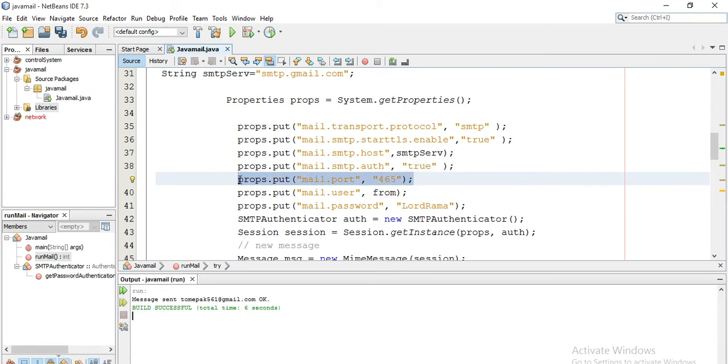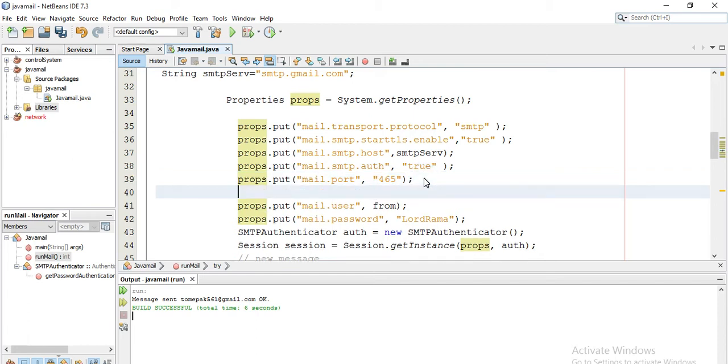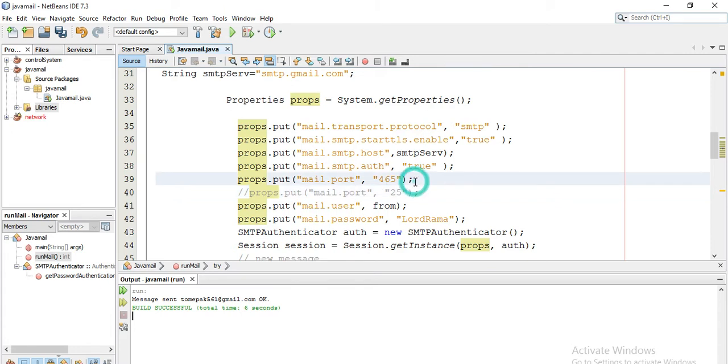SMTP, simple mail transfer protocol, uses two or three ports. It depends on the condition when the program requires it. You can add 25 also. I think 587 is another port there. But in this program we are using port number 465.